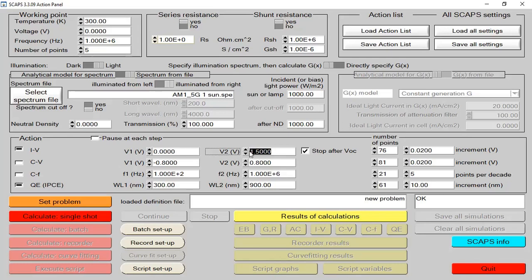Second, if someone is using lead-based perovskite, he must understand that the highest VOC achieved in lab experiments is above 1.1, so he should use a little bit higher value here. Similarly, germanium-based perovskite has a higher VOC value, like 1.8 or 1.9, so one can set the voltage value accordingly. So it is very important to set the V2 value depending upon your perovskite structure.